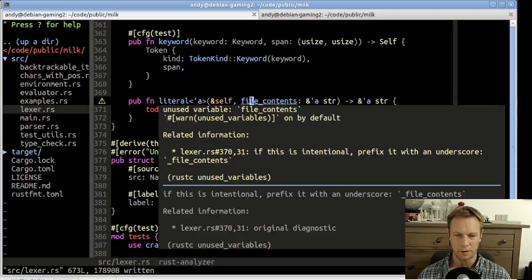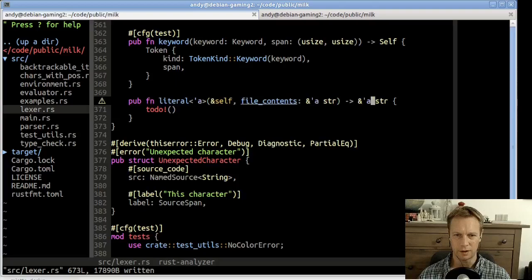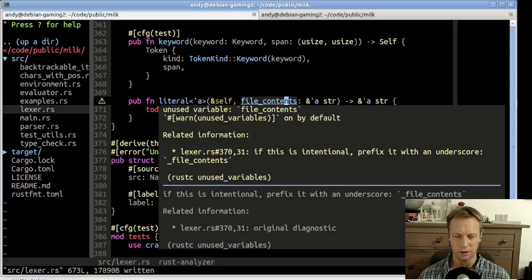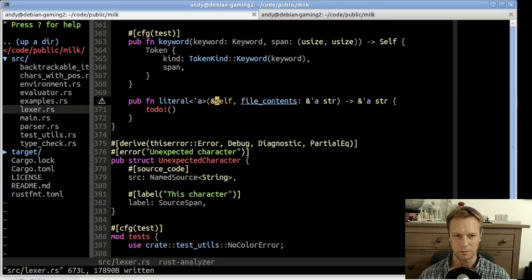So all this lifetime stuff basically says the thing we return has the same lifetime as file contents. It doesn't have the same lifetime as self. Because lifetimes are always about what you're returning. They're just saying, what is the relationship of what I'm returning to what I'm being given? Okay. And for now, that is going to be file contents,